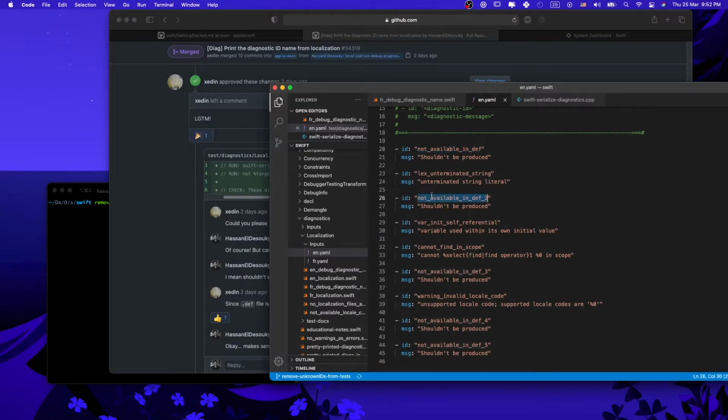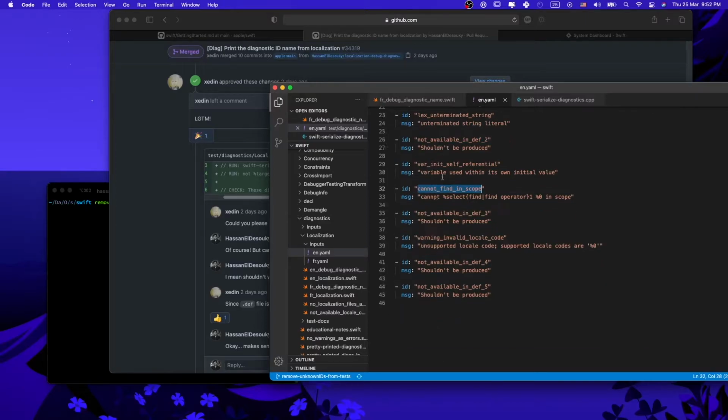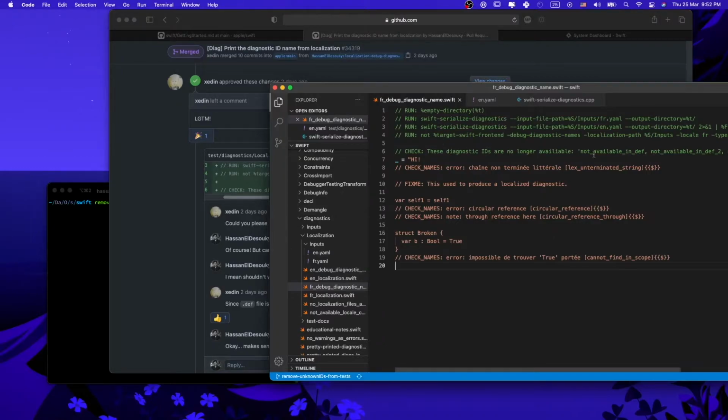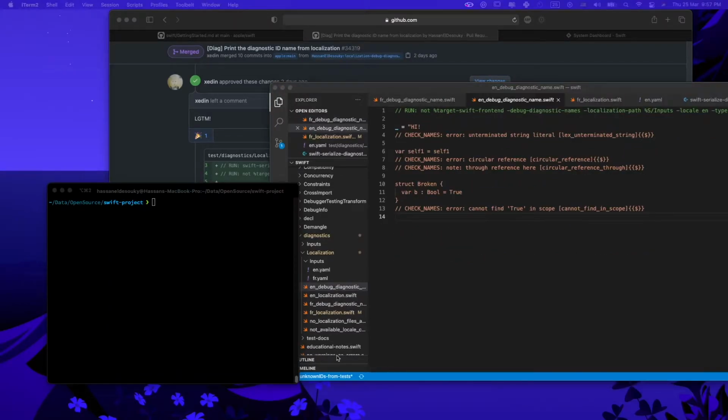We should be printing out all of these IDs, and that is what is happening. So now actually, since we are relying on .def files, it makes no sense to have the statements right now. So we are just going to remove it for now. Since our edit was very simple, we won't need to rebuild the compiler. So we can just run tests and see what will go on and if we are